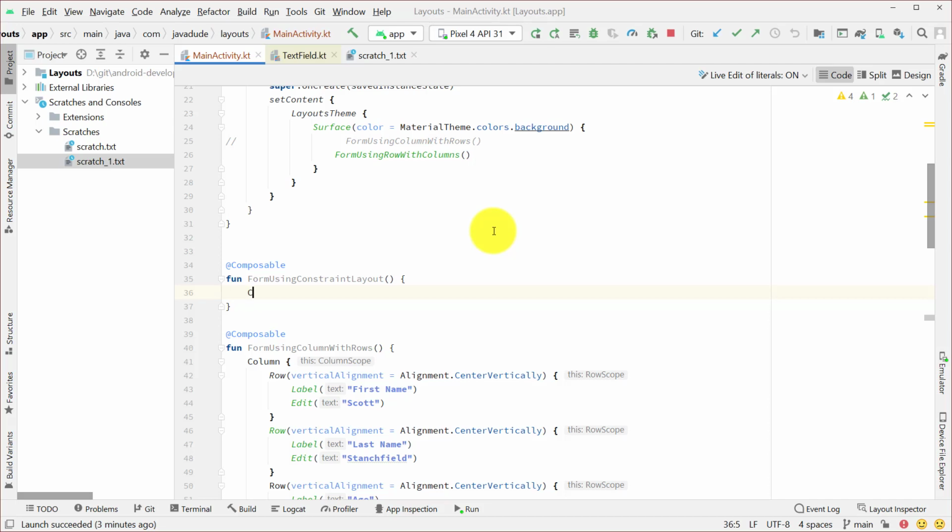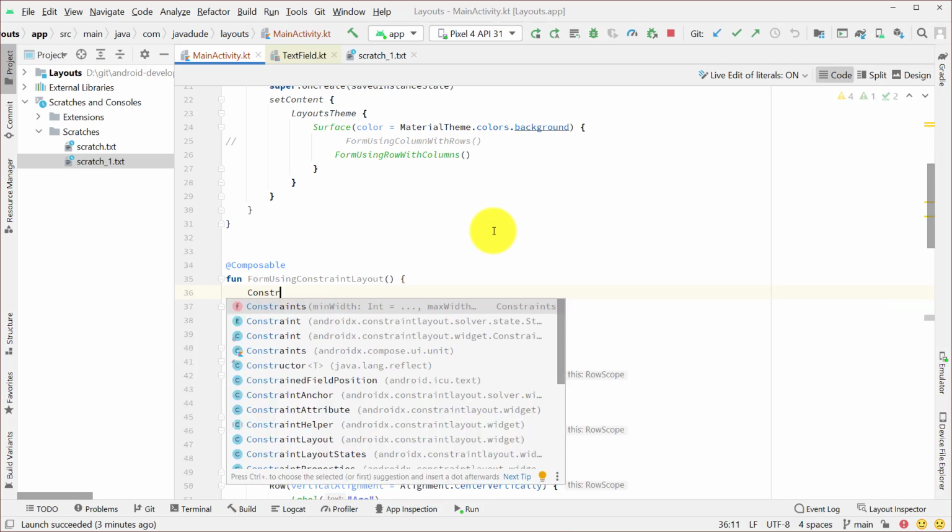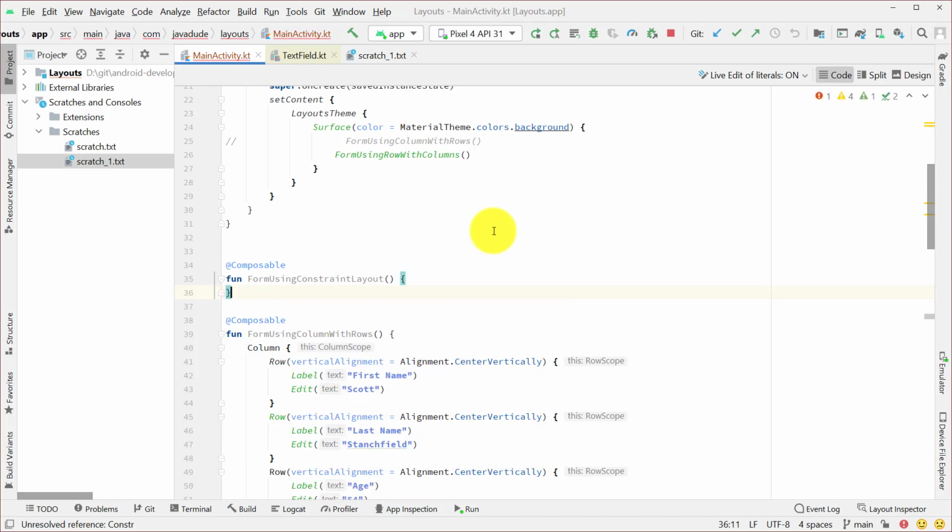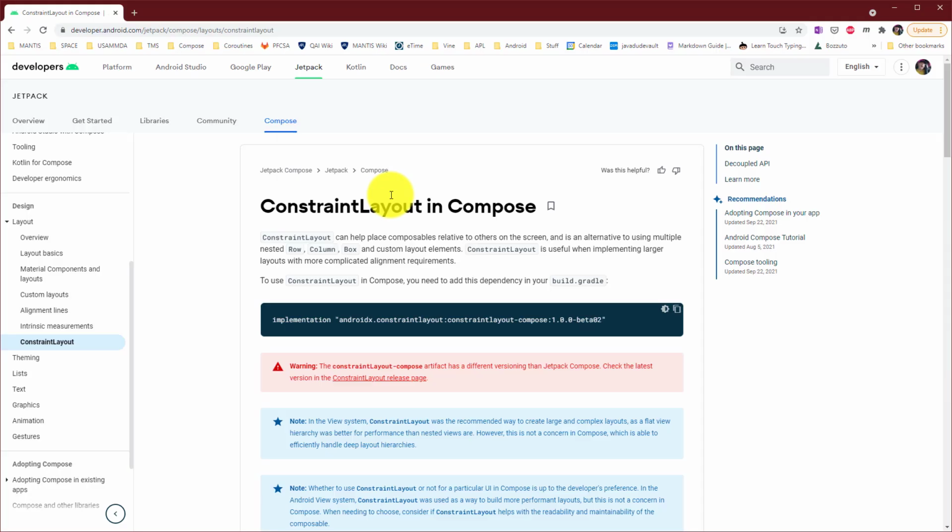To do this, we're going to start off with a constraint layout. Oh, before we can do that, we actually need to import this. So I just did a search for constraint layout in Compose and ended up with this page. And this is going to talk about how you're going to import the dependency for it. And constraint layout is actually versioned separately from Jetpack Compose, so just be aware of that. I'm going to go ahead and grab this implementation here,